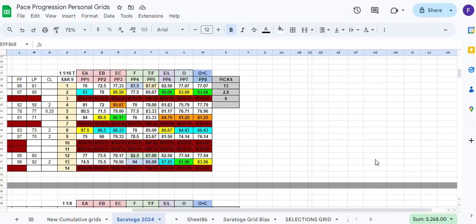I got an email earlier this morning, and actually it was sent last night, but I received it this morning. And the user, and when I mean user, I mean he's a pace progression user, hit me with a very valid question, okay? And it's actually an issue that comes about a lot when analyzing the grid. And to paraphrase the question,